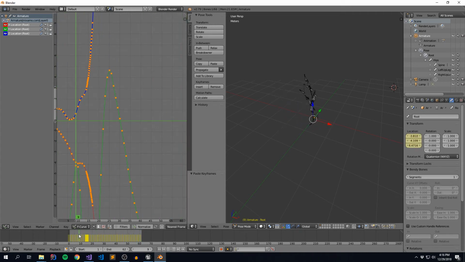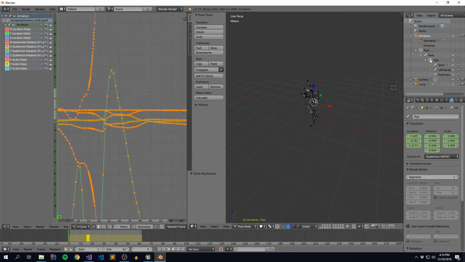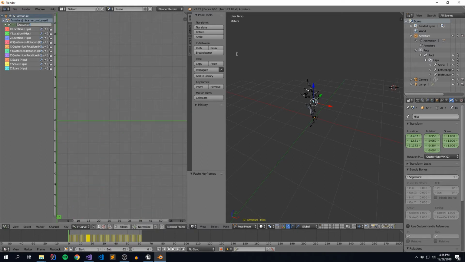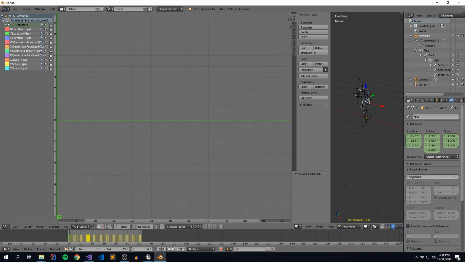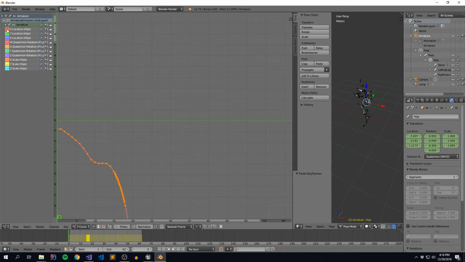We don't want the root to be moving as well as the hips to be moving. So what we're going to do is remove these animations from our hips. Let's go to our hips, and I'm just going to click this global visibility link off. And we're going to make this screen just a little bit bigger. Then we're going to go through each one of these guys and take them down to their very